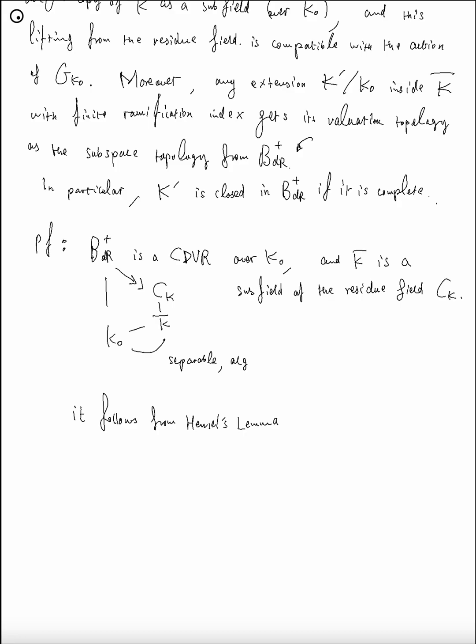So for example, one could look at the version in the lecture notes of Milne, Algebraic Number Theory, 2008. There you look at Theorem 7.33 for more details of this version of Hensel's lemma. That is, K-bar